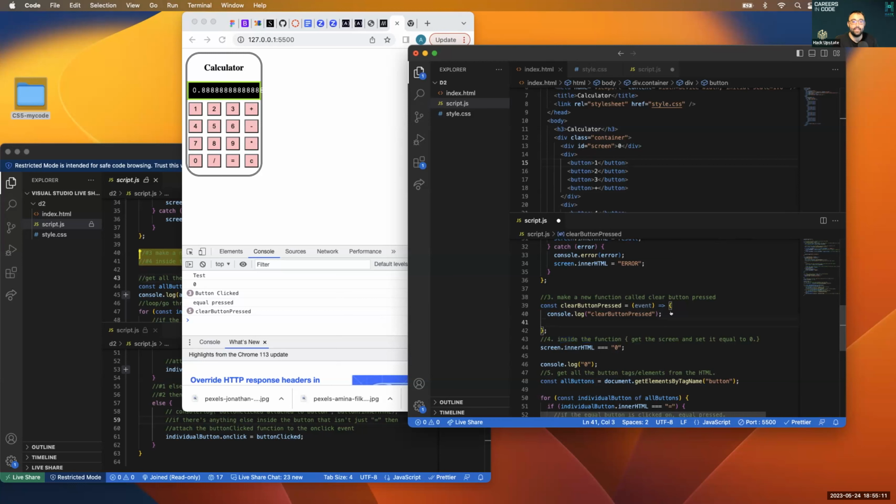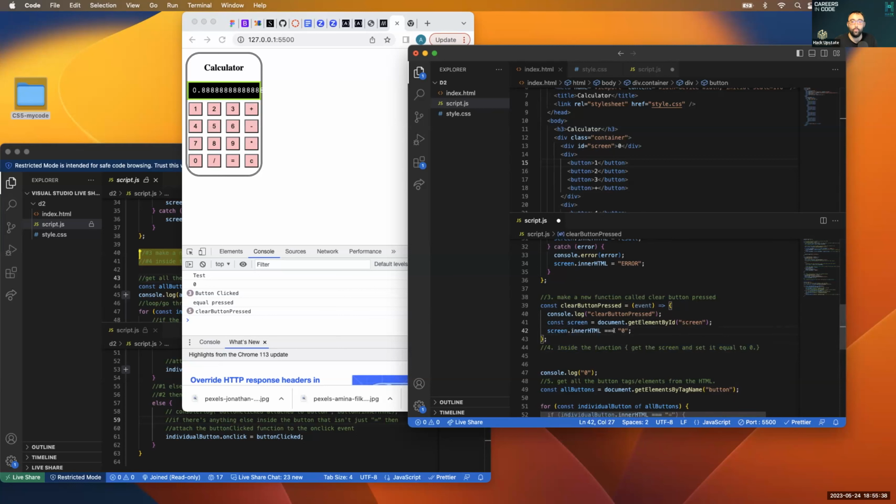We have to get the screen. So we get the element by ID screen. And now that we have access to the screen, we set the screen's inner HTML